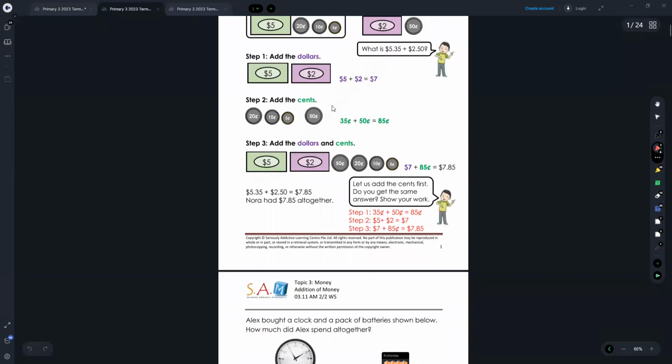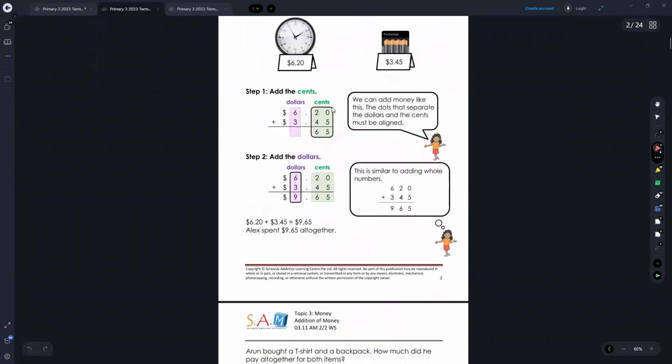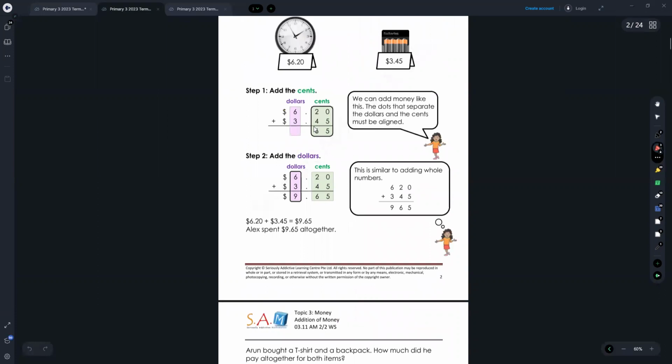Okay, for part 2, recap, same thing. It's adding dollars, adding cents. But when we use the algorithm method,